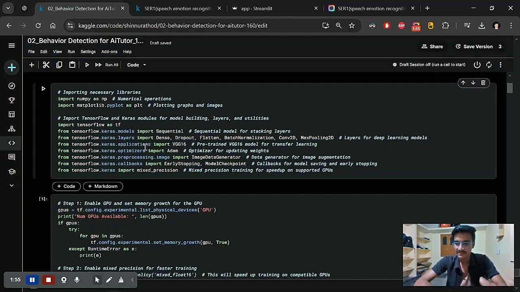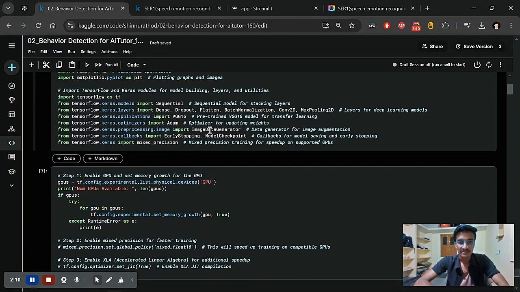I'm training this model on my image dataset. Again, we are importing the Adam optimizer, which I'm going to use to update the weights to reduce the error. Here I'm importing the ImageDataGenerator from Keras to generate diversity of images, meaning to increase the number of images. I'm also importing early stopping